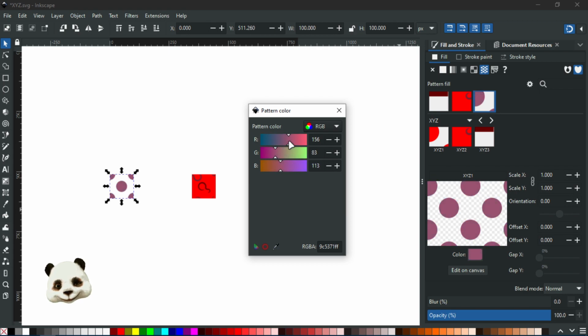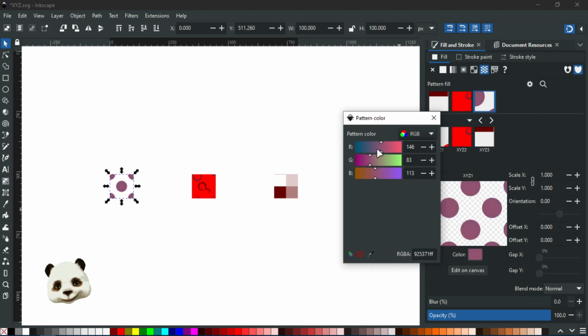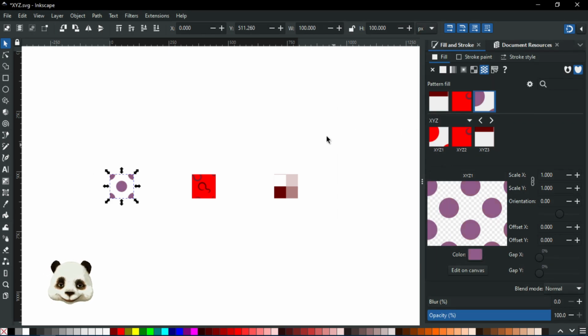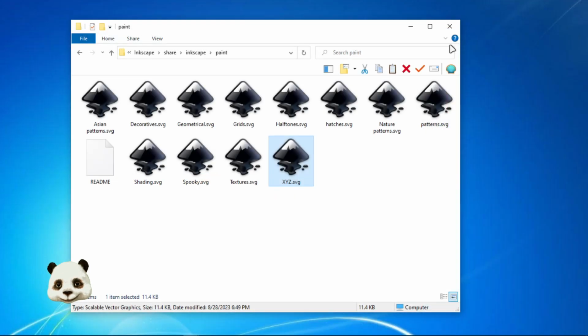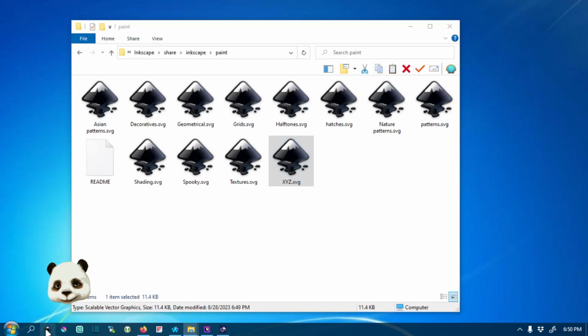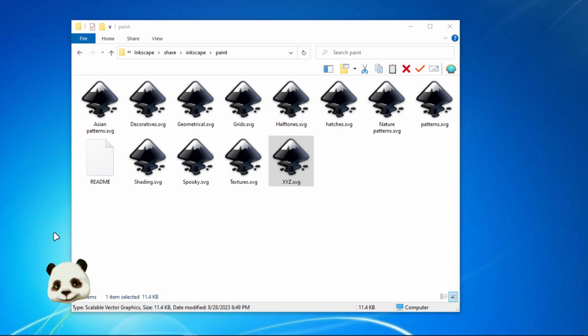Well, you can avoid all of that trouble just if you move the colors when you first create it. I'm not sure why this is happening. It's a coding issue inside of Inkscape. But now if I close this and I start a new file, new document,